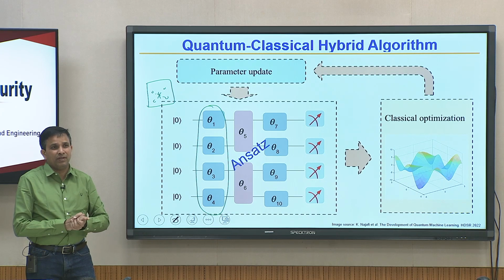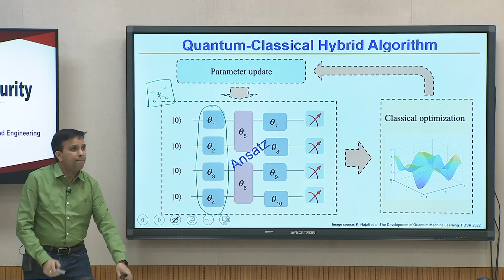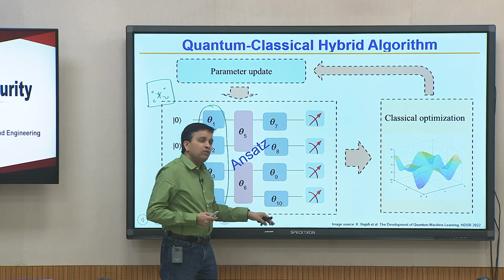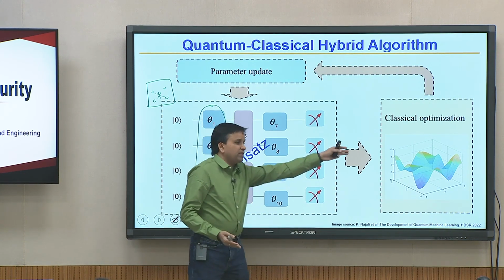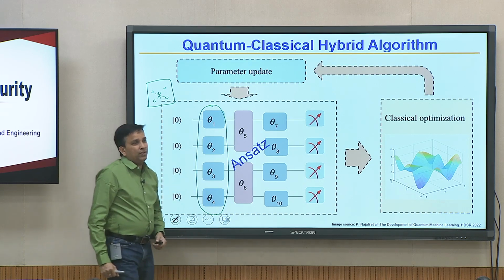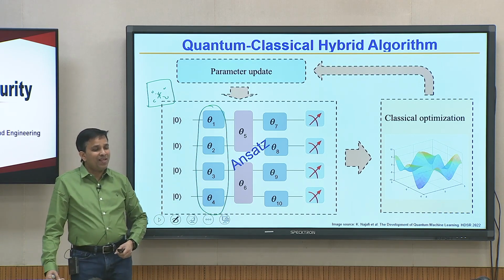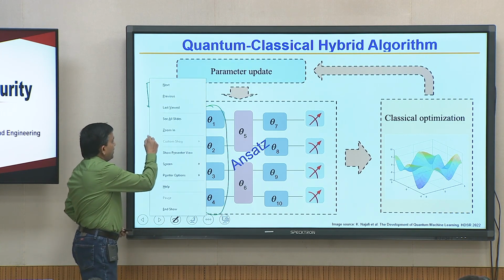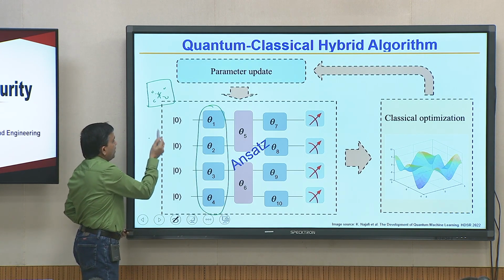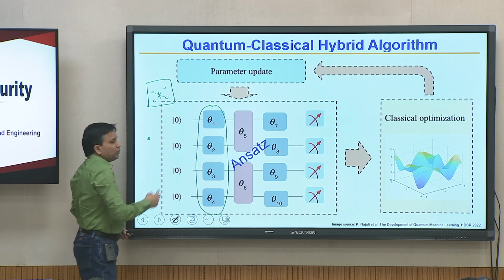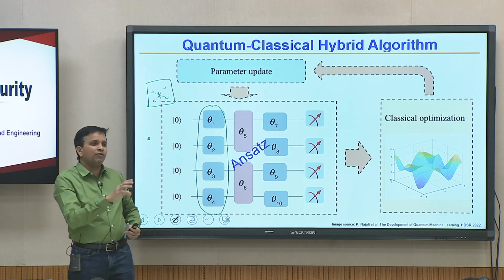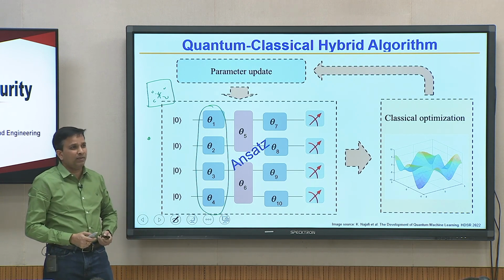Any questions? What is the input to the classical computer? Oh, you had 4 qubits, you measure those 4 qubits and give those measurement values. Yes, please. What is a qubit? A qubit is something like, remember in classical we had a switch, on and off. Here, instead of on and off, it is both on and off, partially on, partially off. How much on, how much off, that is basically a qubit here.